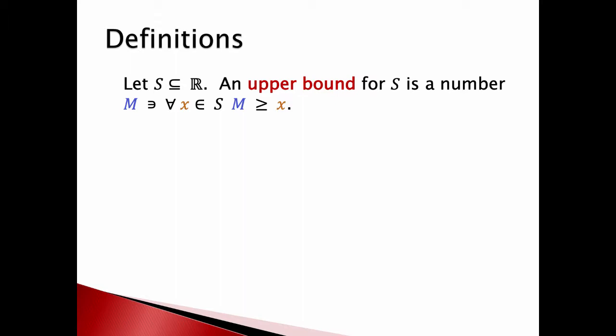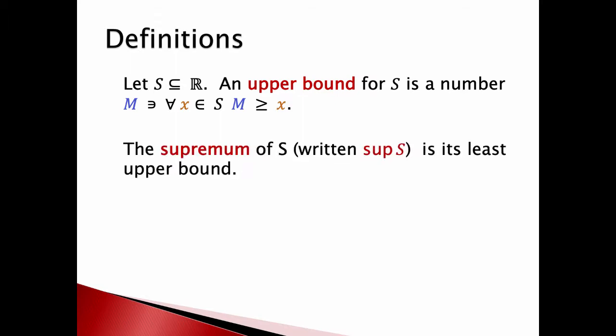Now, the supremum of a set, which we would write as sup, yes, like soup, is how we'll often say that. In fact, we'll say this a lot. So you're used to hearing the soup of a set. It doesn't have something to do with a big pot with water and vegetables and things in it. It's not that kind of soup. The soup of a set is its least upper bound. The smallest number that would still be an upper bound.